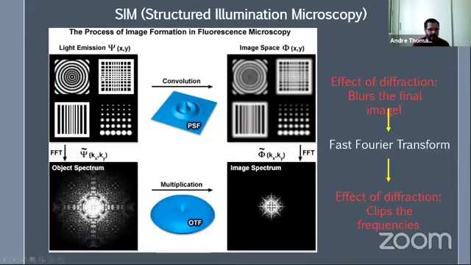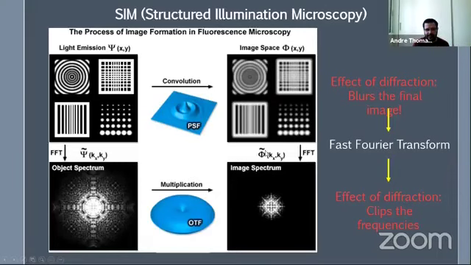So for these columns or these lines, each one we can plot a point and measure the spatial frequency they have in the real image. But when we do this transformation, this calculation with the real image, we expect to obtain this Fourier transformed image. But when we go to the objective, the effect of diffraction on the Fourier space image is to clip the image here. And this means that we are clipping the higher frequencies. Higher frequencies in Fourier space mean small distances in real space. This means that if we're clipping the higher frequencies, we are losing information about the small